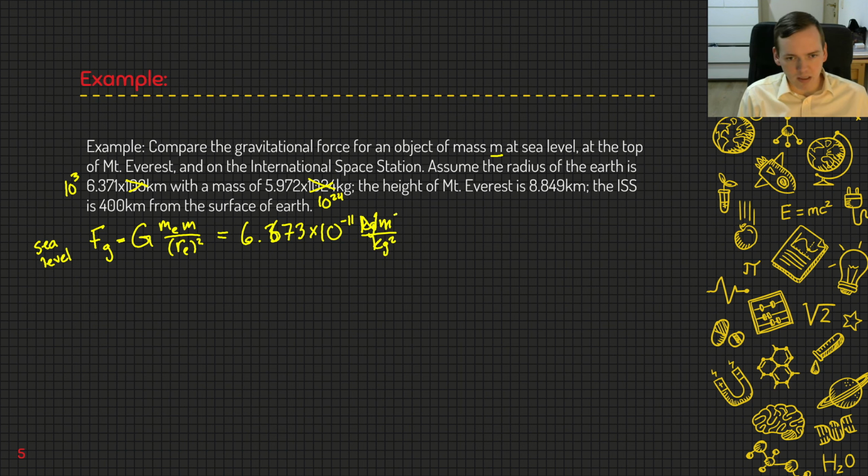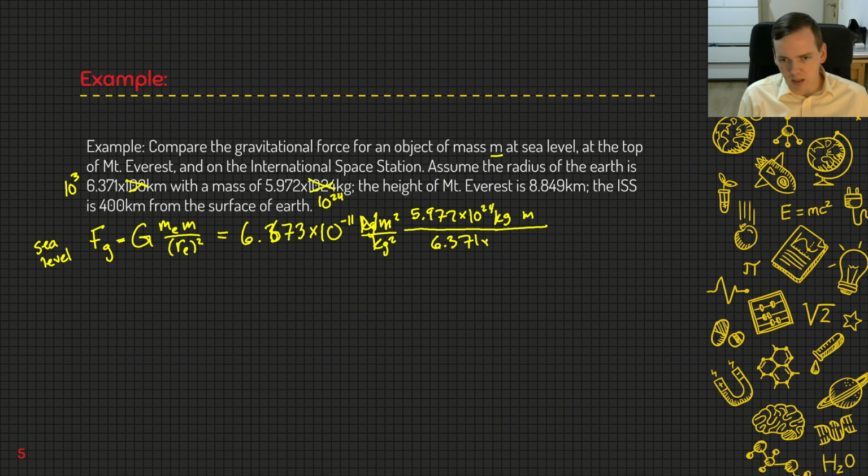Just getting back into the habit of remembering exactly what these units are. The mass of the Earth is 5.972 times 10 to the 24th kilograms, times mass m, divided by